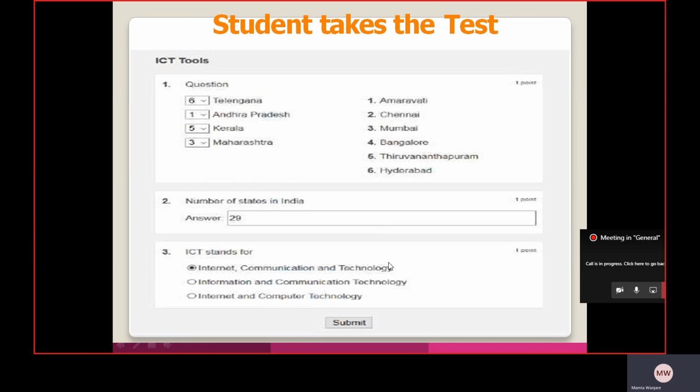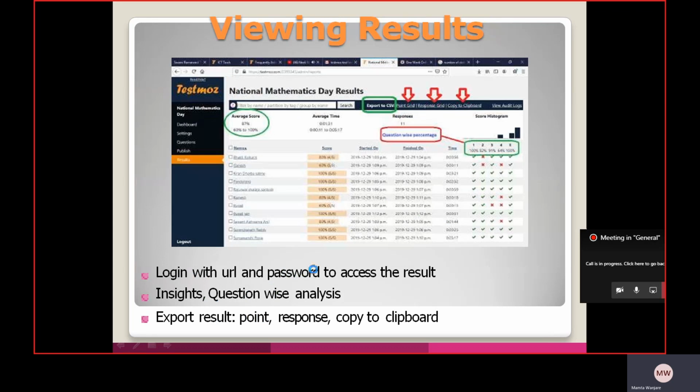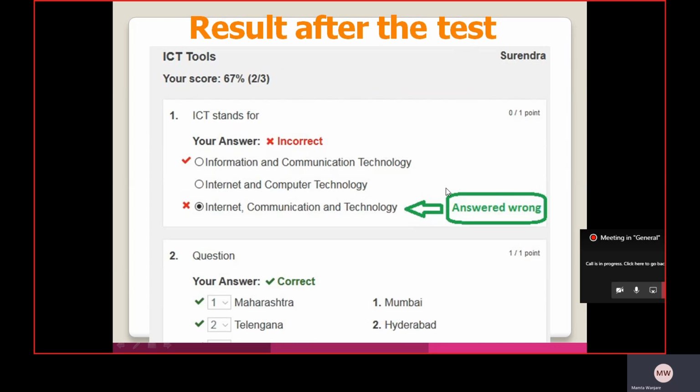Whenever he submits the test, the result will appear on his board: the paper name, how much he scored, and his name are displayed. If an answer is wrong, the incorrect answer is shown, and the correct answer is ticked. The marks and score are also displayed here.